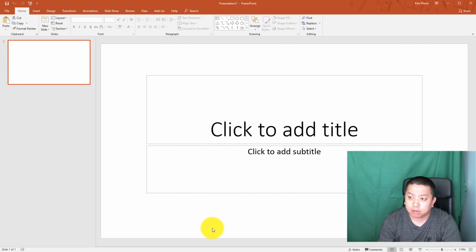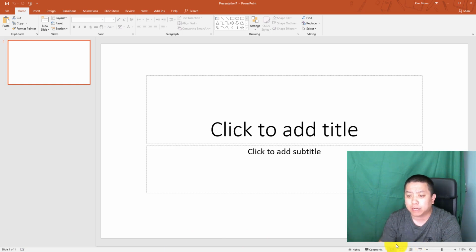If you go down to the bottom of PowerPoint, you'll see the status bar, okay? And the status bar will tell you some useful information. For example, it'll tell you how many slides you have. Right now, I only have one, so I'm on slide 1 of 1, okay? If I have many slides, okay, you can quickly look down here and you'll be able to see which slide you're on. If you go over to the right hand side, you'll see the views